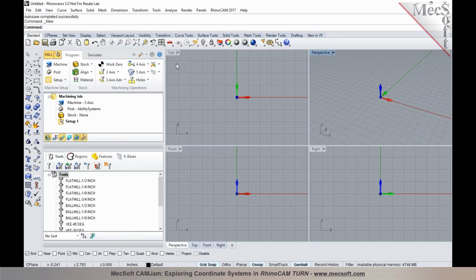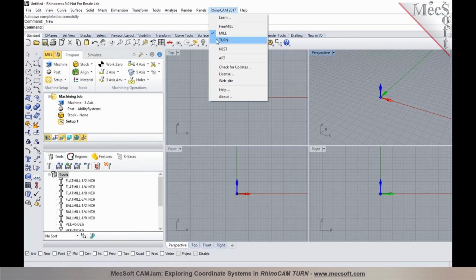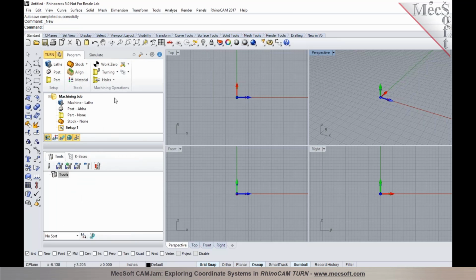To switch from our mill module to turn module, you can just select the mill button on the machining browser, or you can go up to RhinoCAM and select turn. That'll switch the interface from milling to turning. And when the turn browser is displayed, you will notice that the